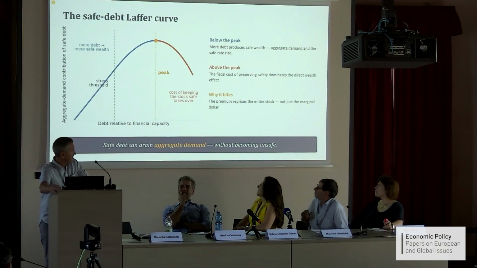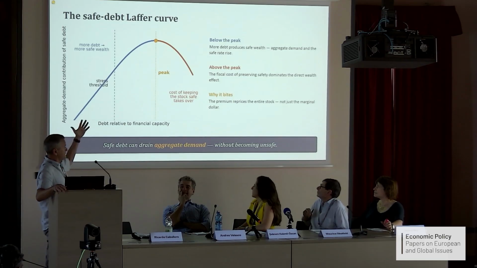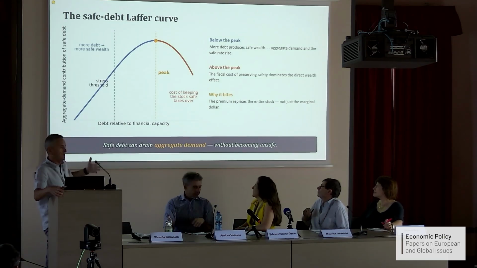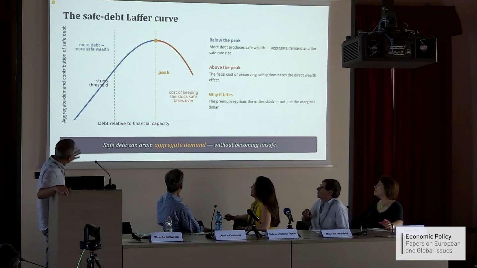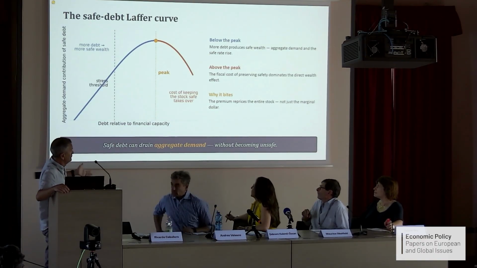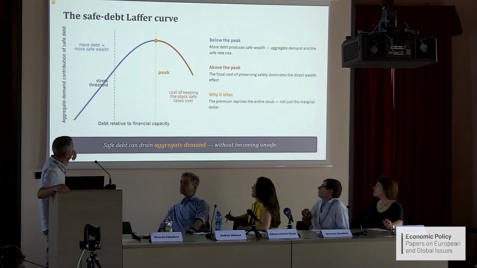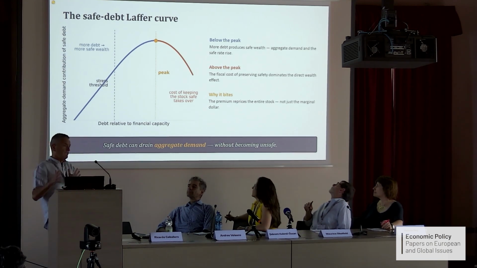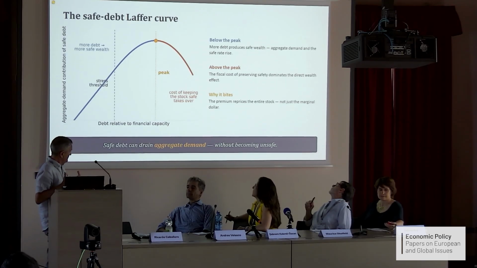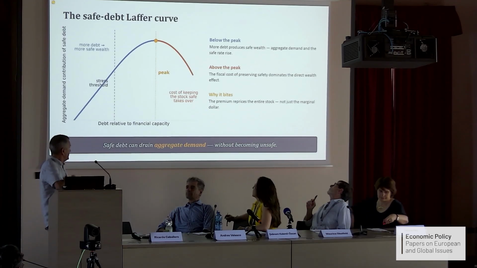What is the idea here? It's very simple. There is first an increasing section, which is the traditional expansionary effect of more public debt. You create more wealth, and that's a phase in which you increase aggregate demand; if potential output is given, you're also going to get an increased interest rate. But the more debt you have, the more strain you have on the financial system. It becomes more costly to roll over that debt, and so on and so forth.